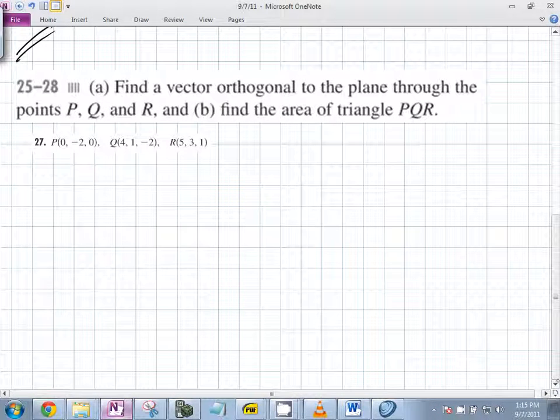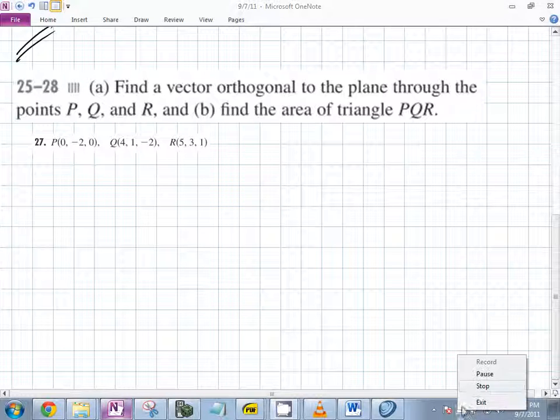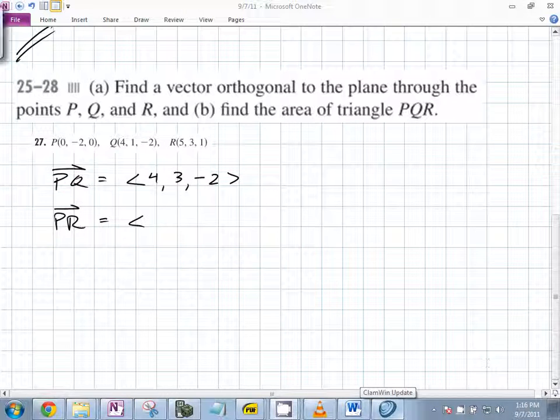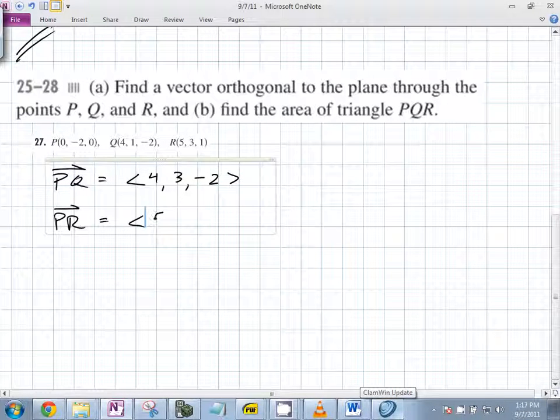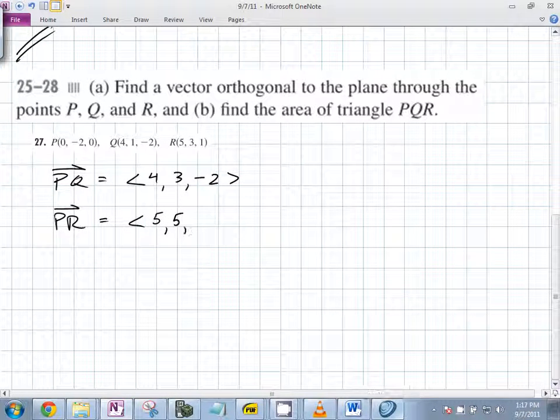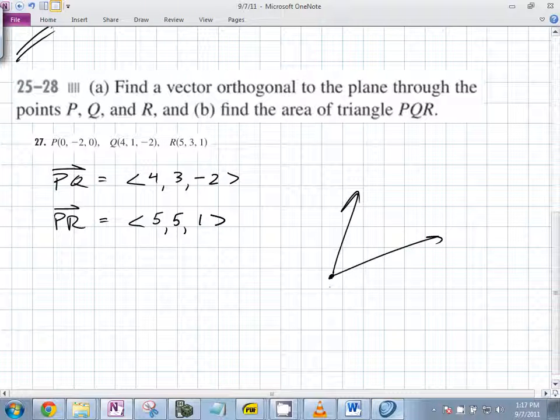Well, I defined the plane by finding the vector PQ and the vector QR. Got it. Good. So you went and found 5, and 1. So now you have two vectors that start at the same point. So if you cross them, what do you end up with? Yeah, so if we cross PR crossed PQ,